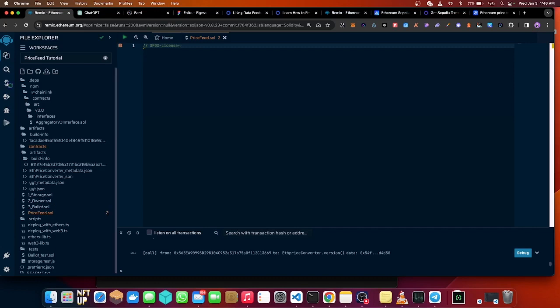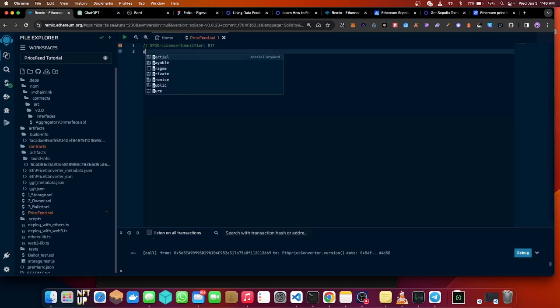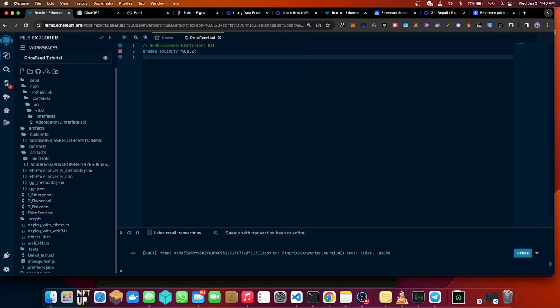license identifier. Then we're using MIT. Then we need to write a pragma solidity 0.8.0. Then we are going to import